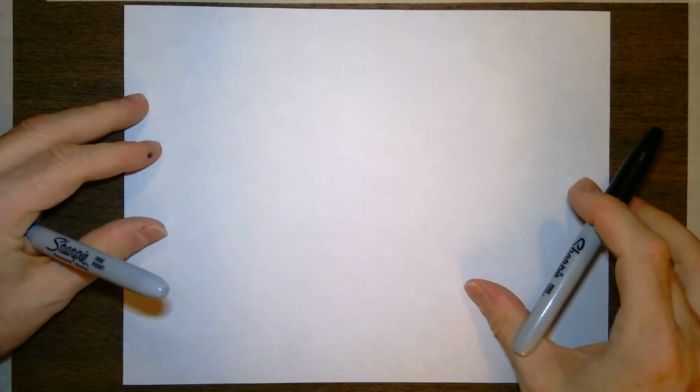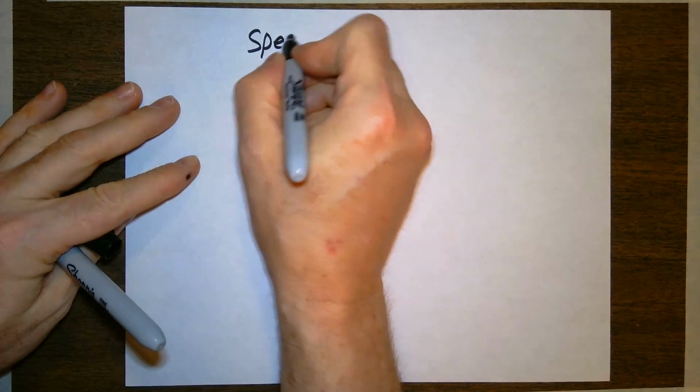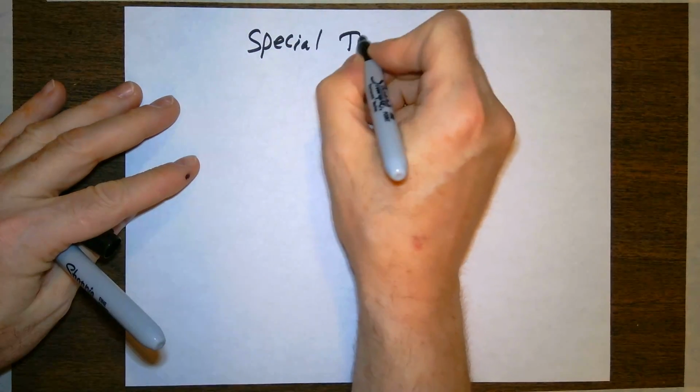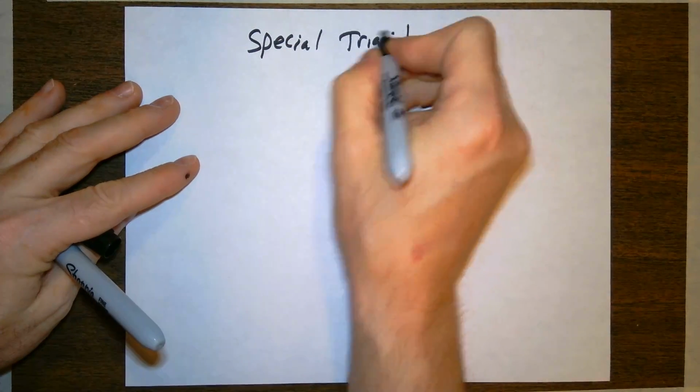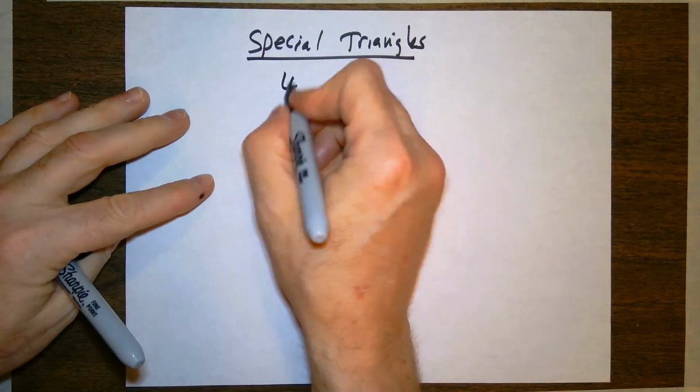When working with the trigonometric ratios, there are two very important triangles. You saw these triangles in geometry. You used them for a couple of things, but not for much. And I want to take a closer look at them. So these are special triangles. There's two of them. The first one is called the